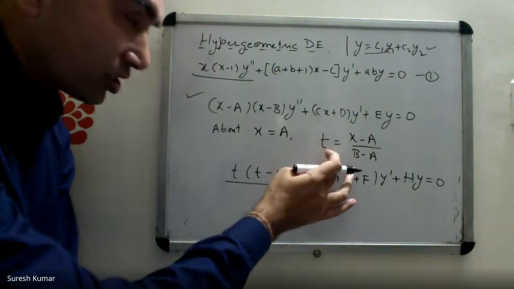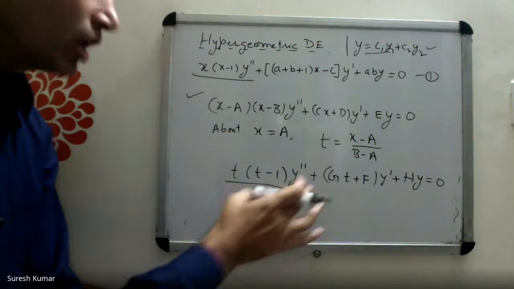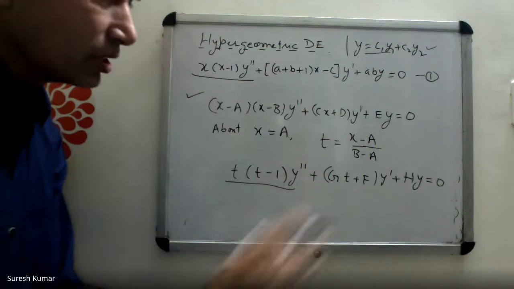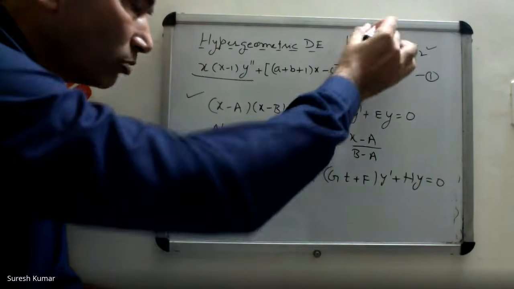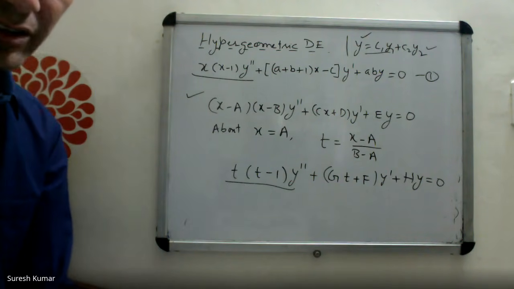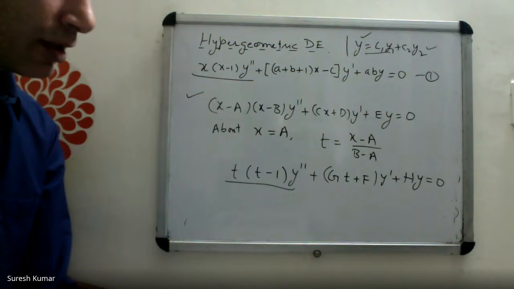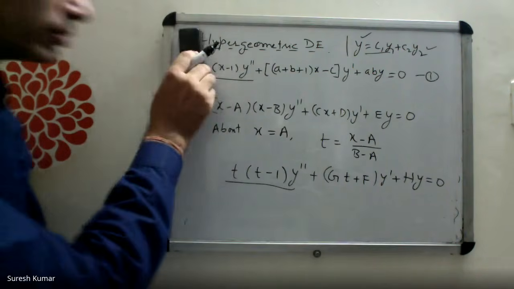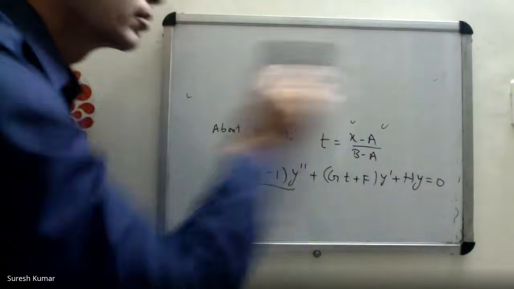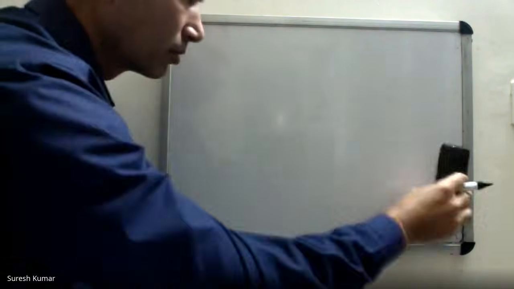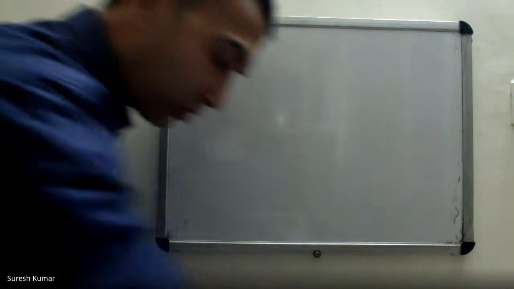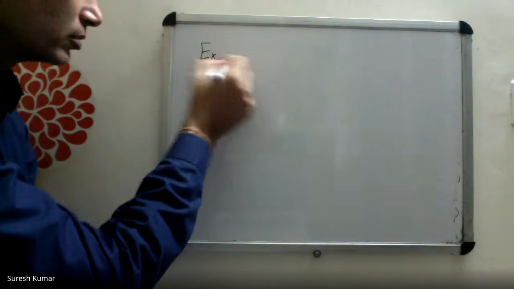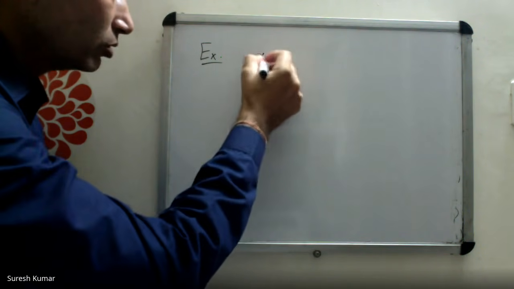So using this simple transformation, you can convert this differential equation into hypergeometric, and once it is hypergeometric, just calculate what are A, B, C here and write the general solution using this formula in terms of hypergeometric functions. Let's do a problem, then you'll understand how to apply it. A very important problem. This kind of problems are very important. You should see carefully how to do it.